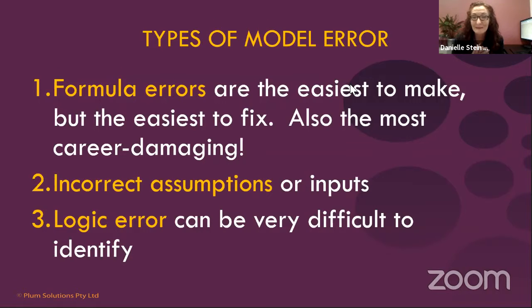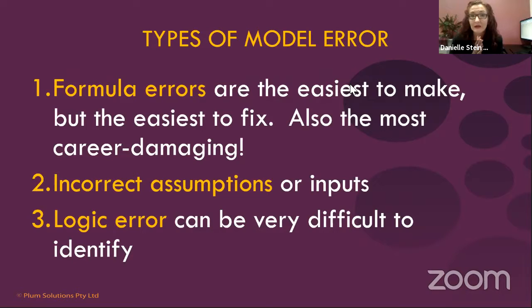So probably the number one thing that people worry about. And I think most errors in financial models could probably come down to 3 different types of errors. There's formula errors. Formula errors are pretty easy to make in Excel, where you just pick up the wrong cell or you put the $ sign in the wrong place or something like that. But they're the most embarrassing when something like that happens. So you really don't want that to happen.